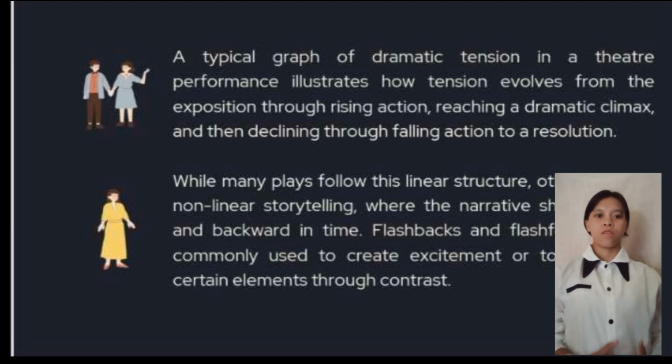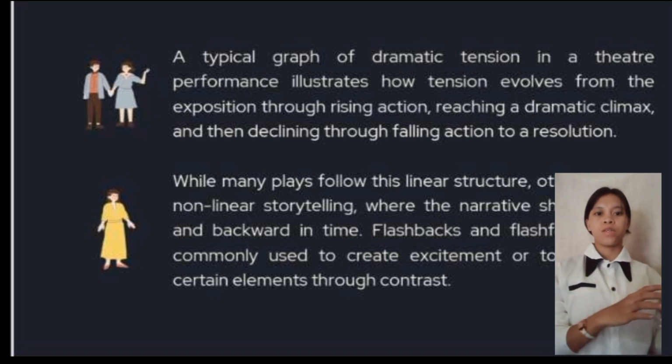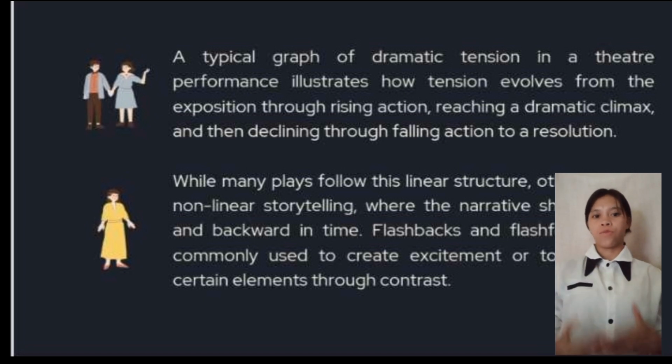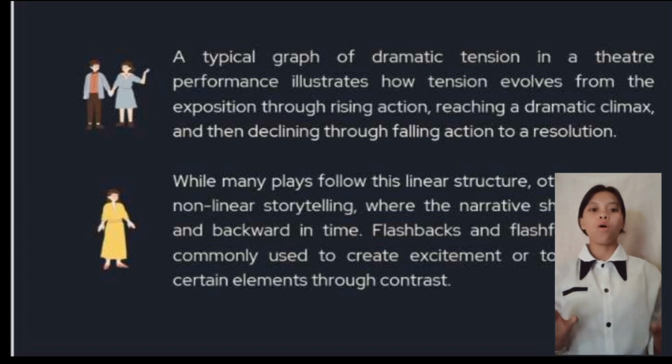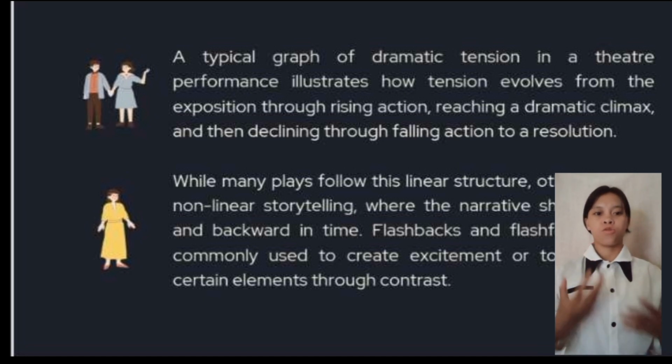So a typical theater performance uses a graph to show the progression of dramatic tension. It explains how the tension in a story develops from the beginning. Tension increases during rising action, reaches a peak at the climax, and then decreases during falling action until it reaches resolution. It also mentioned that while many plays follow this straightforward